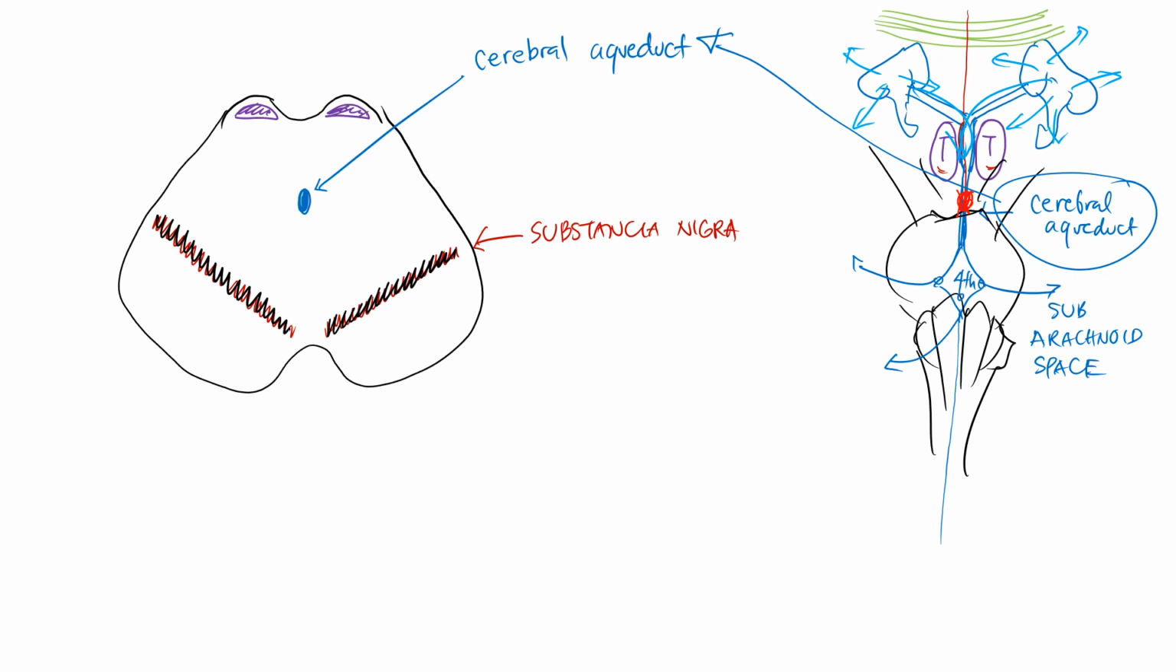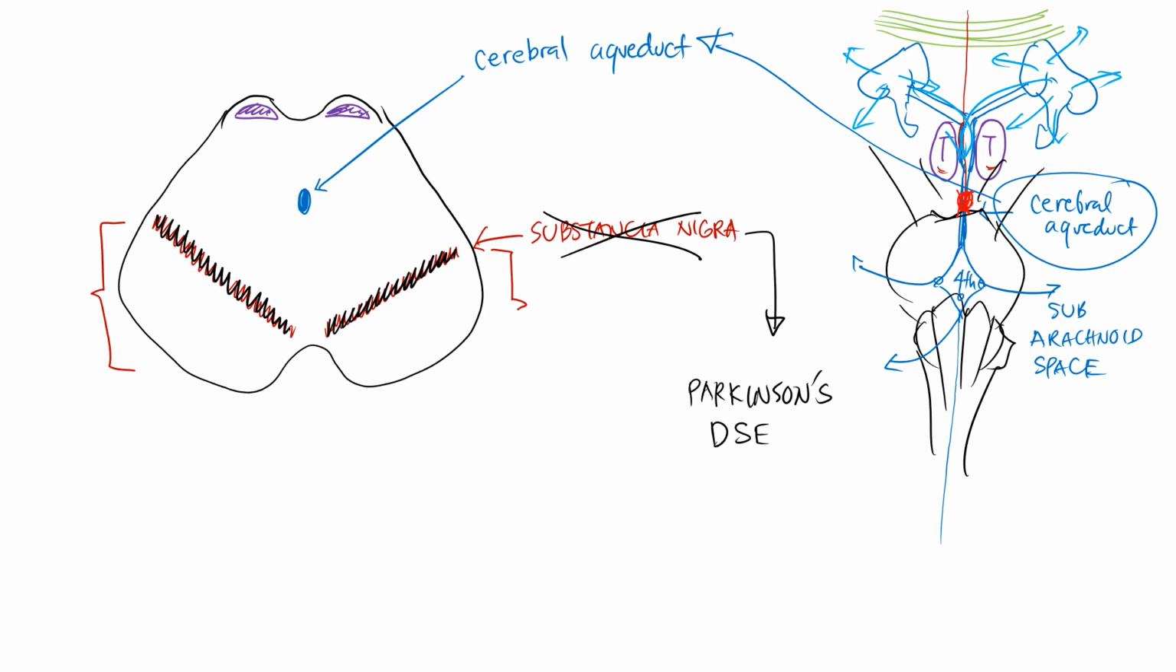it's got to do with movement. And so if you destroy your substantia nigra, you're going to have a problem or a condition called Parkinson's disease, where you have poverty of movement. You have a patient that cannot move very well. Now, anyway, your substantia nigra, that's the function, and it's an important landmark because